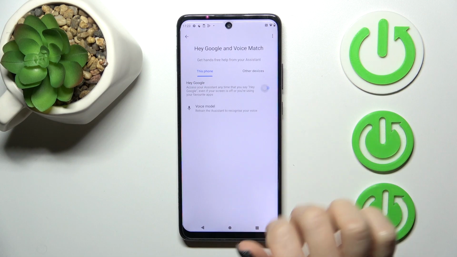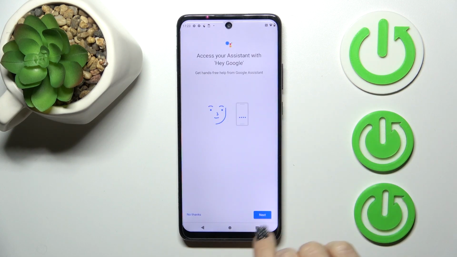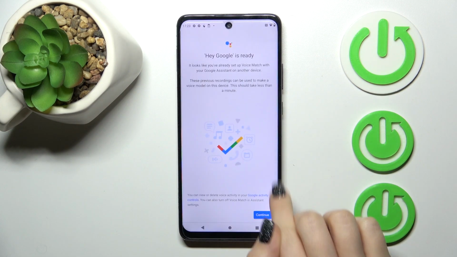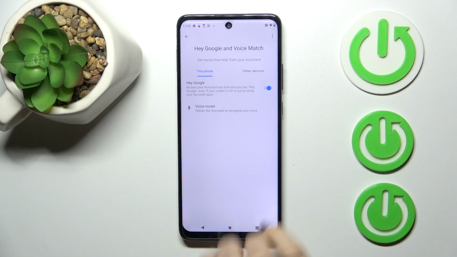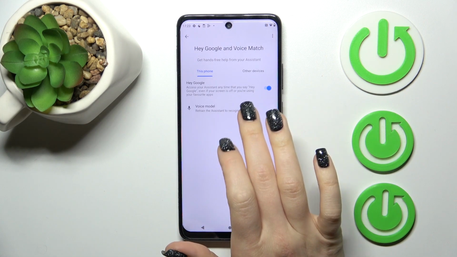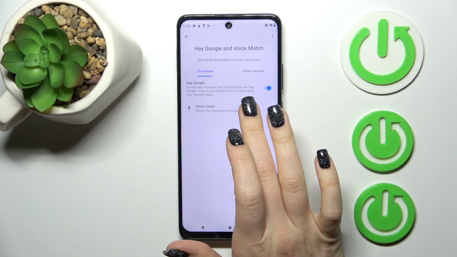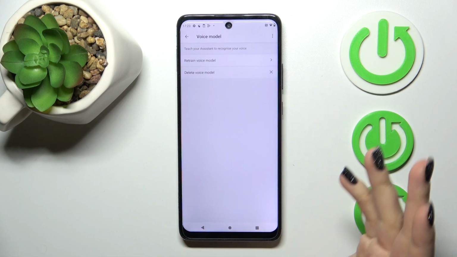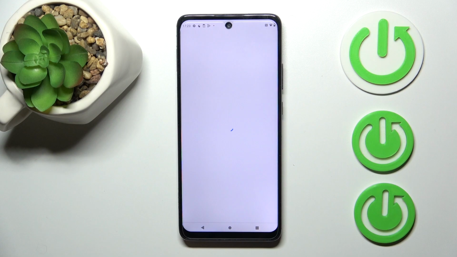Just to activate the Hey Google option, click once on the switcher, tap Next. Read this description, click Yes, I agree, Continue, and now we should add our voice model so the assistant can recognize your voice. So click Retrain voice model and say okay Google,